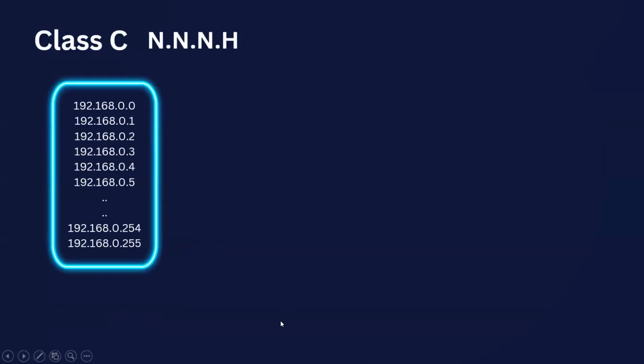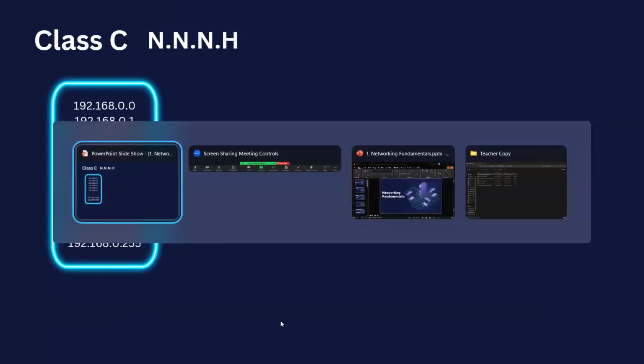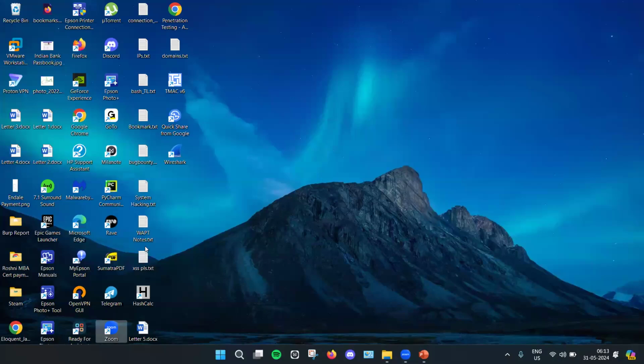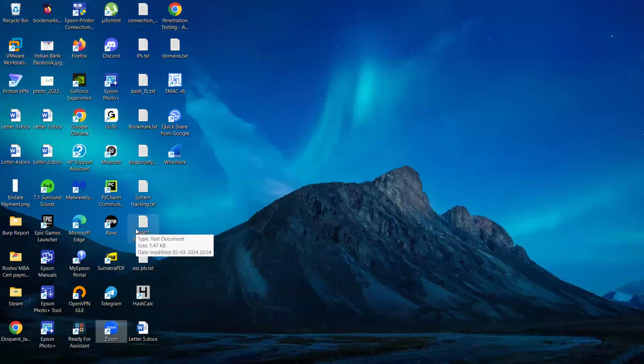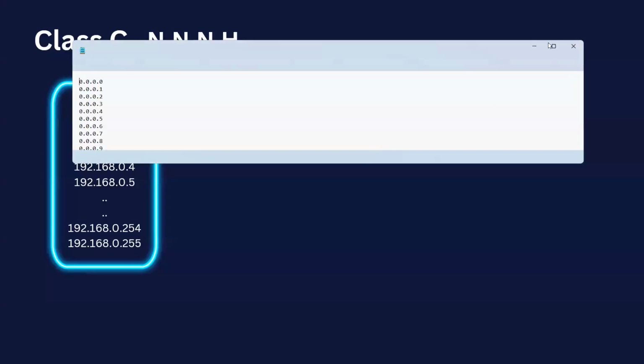So in Class C, the first private IP begins at 192.168.0.0. That's the range of private IP, if you remember. It starts from 192.168.0.0 to 192.168.255.255. So if you take the example of Class C now,